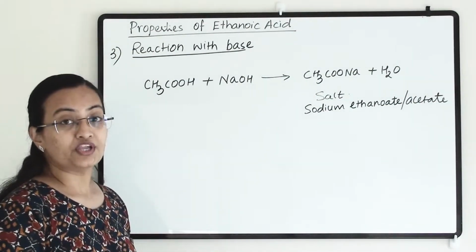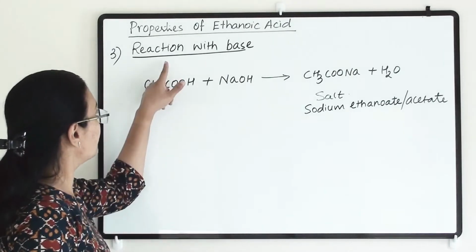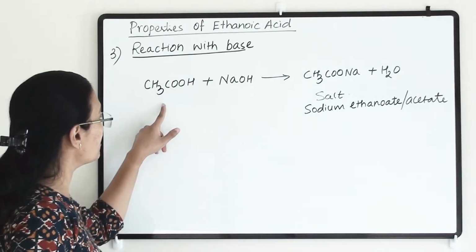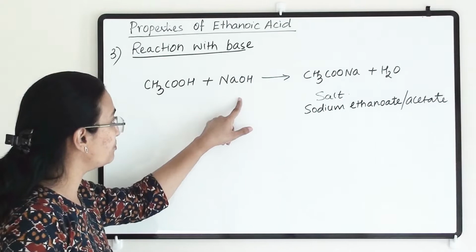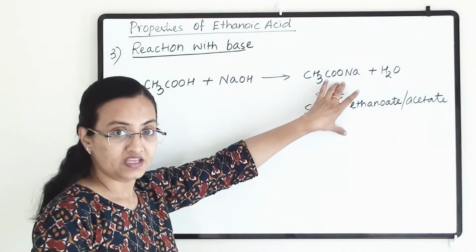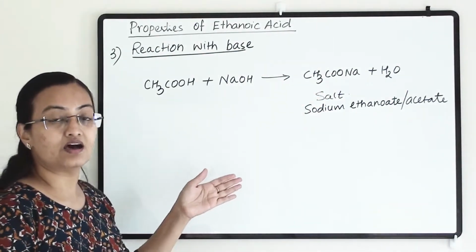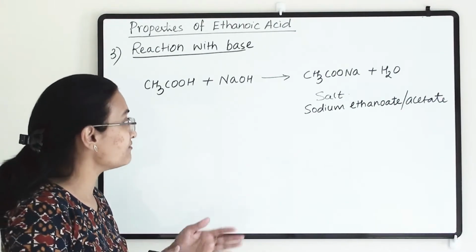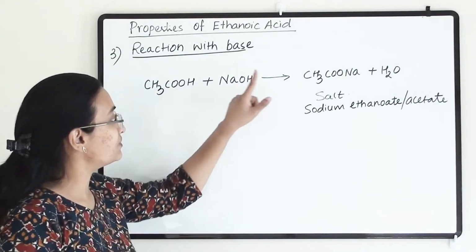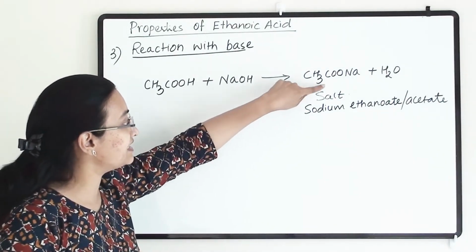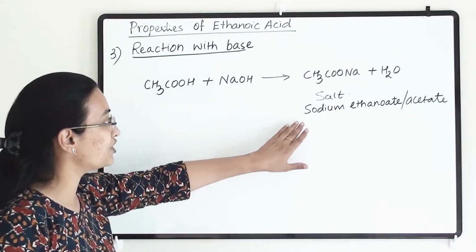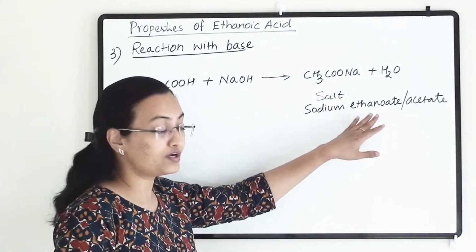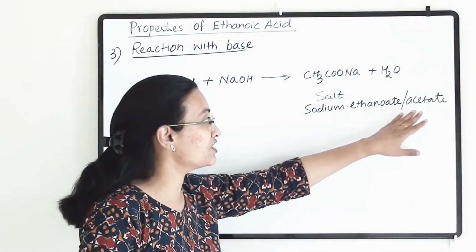Our third property of ethanoic acid is reaction with base. So when ethanoic acid is reacting with base, it will give a salt. In the same way that acids react with base, this carboxylic acid will also react with base and it will give us salt. But here we are going to get sodium ethanoate, or it is known as sodium acetate,